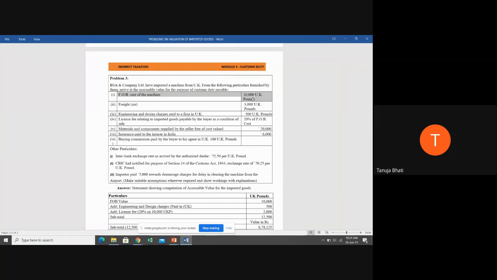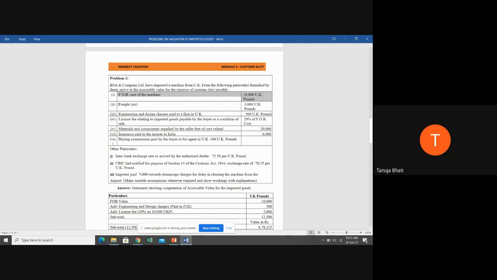Students, let us make an interactive session, because since you already know the theory, we can just apply it in the problems. Instead of me explaining, it has already been explained, so it will be good if we all interact. So tell me, FOB cost of the machine. Should this FOB be included in calculating your CIF? CIF is nothing but your assessable value. Should it be included? Yes, ma'am. Very good. So we have to include it.